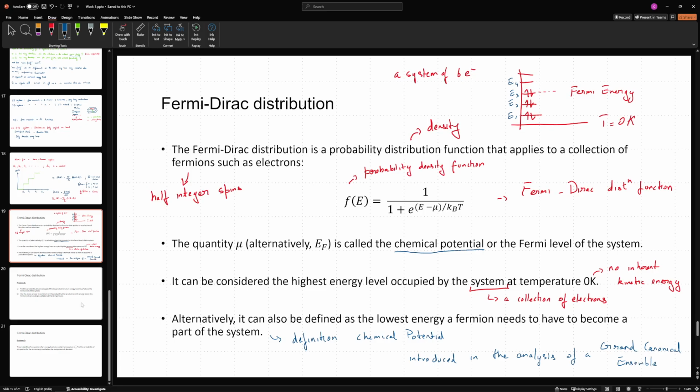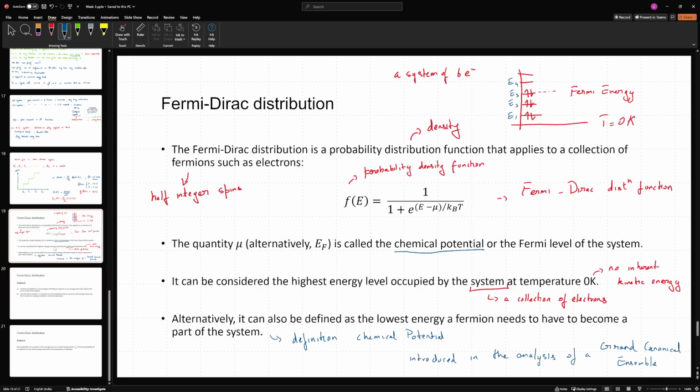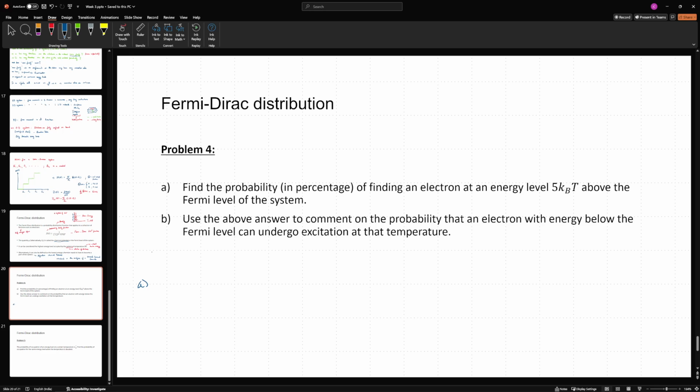Okay, so come to problem 4. Now the question is, find the probability in percentage of finding an electron at an energy level 5 times kBT above the Fermi level of a system. For now, we will stick to only solving problems directly. We will have a more detailed discussion on the Fermi level once we start doing the transport properties of an electron. So question 1, E is given to be